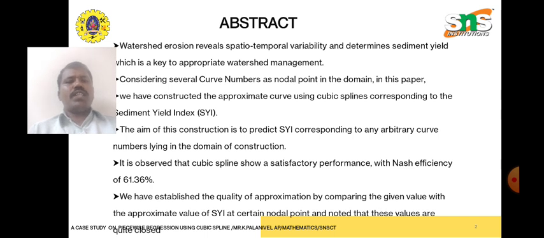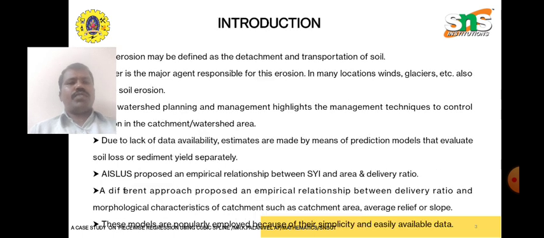We have established the quality of approximation by comparing the given value with the approximate value of SYI at a certain nodal point, and noted these values. Quite close. Next one,